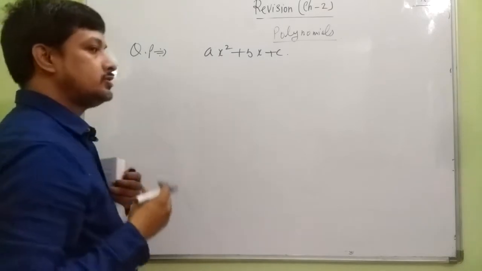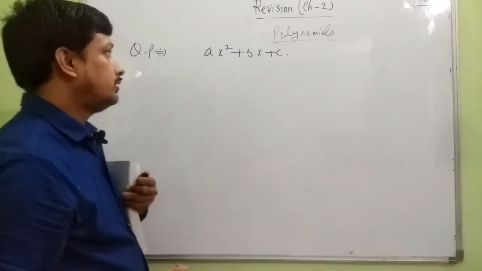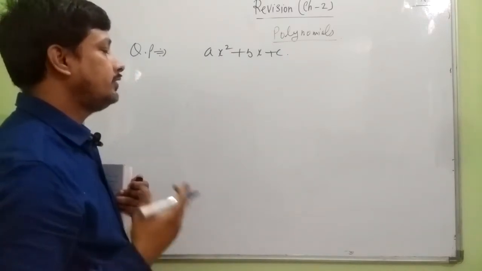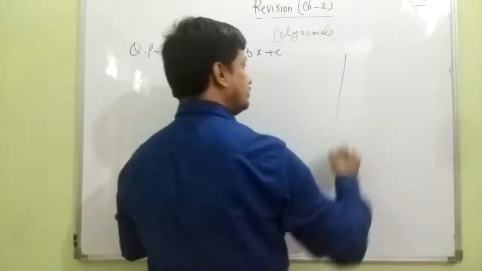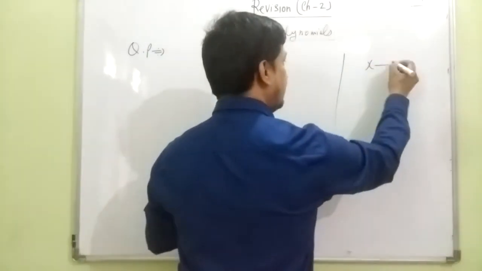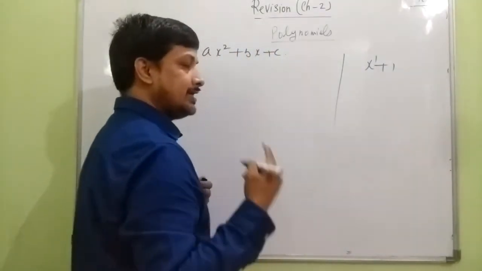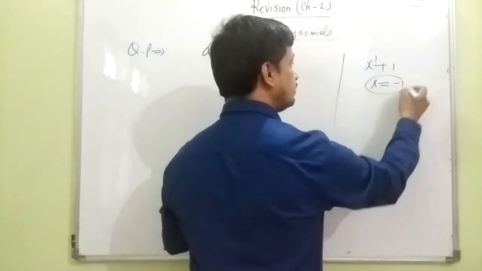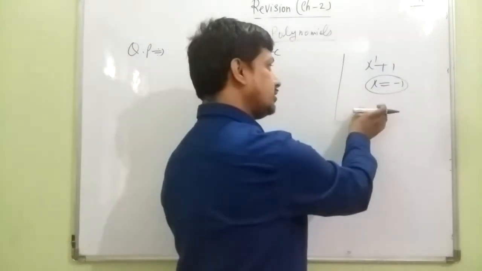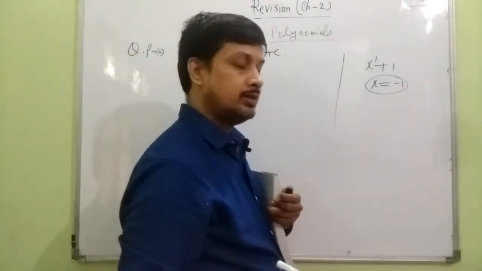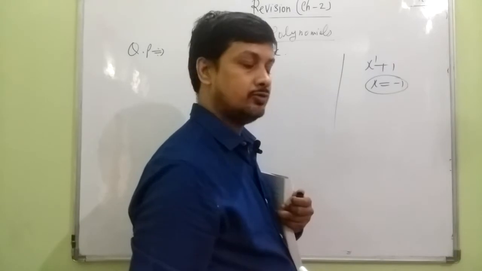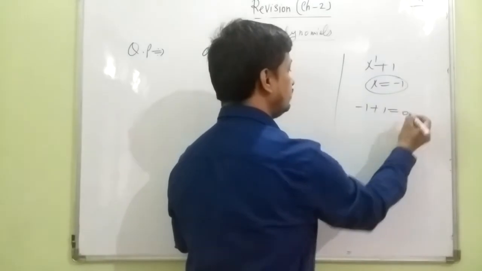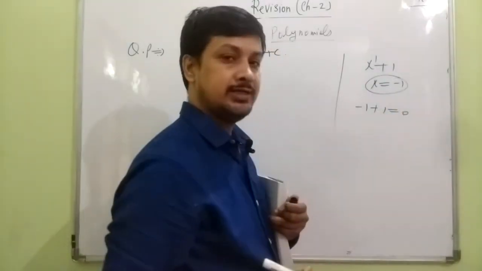Okay, and as you know, a quadratic polynomial is having degree 2. So it will have two zeros, because as you have studied in class 9, a linear polynomial which is having degree 1 has one zero. For example, the zero of this polynomial is x equal to minus 1, because if we put x equal to minus 1 in this polynomial, then the value of the whole polynomial will be 0. Let us check. Put x equal to minus 1, so it will give 0. So x equal to minus 1 is the zero.